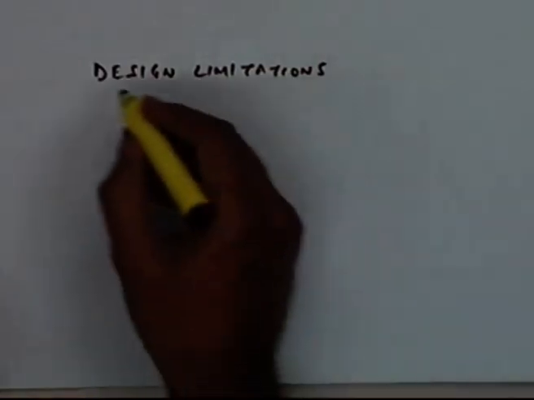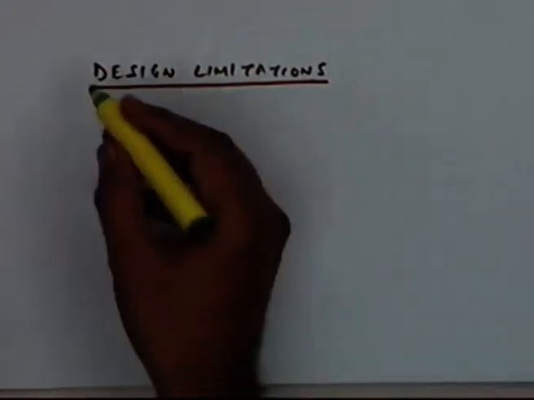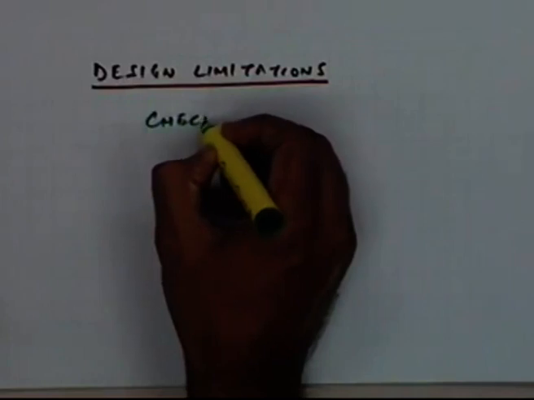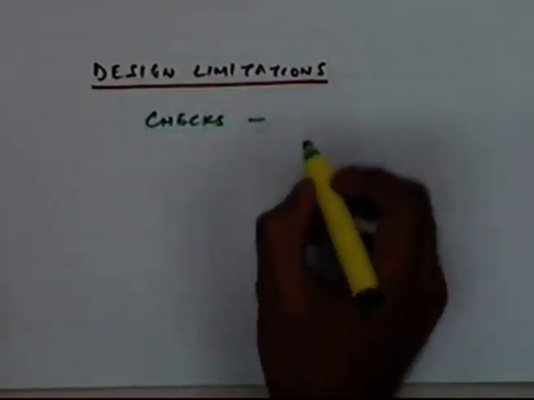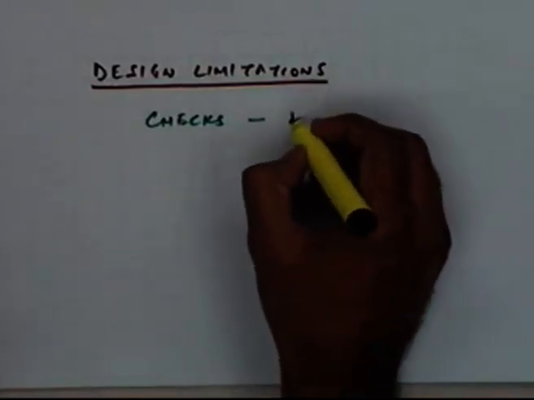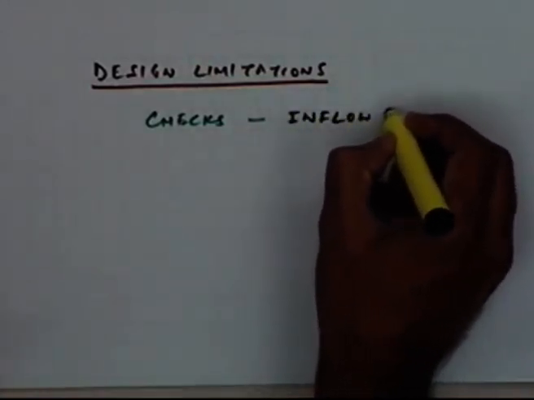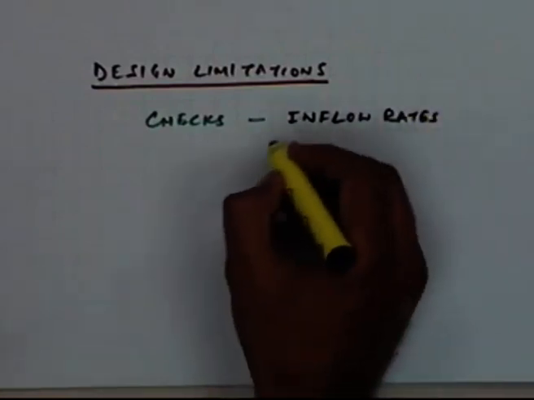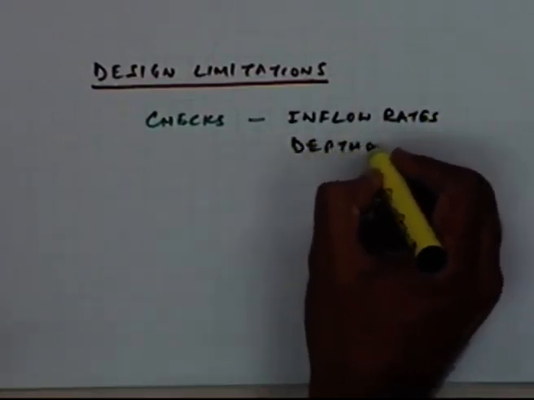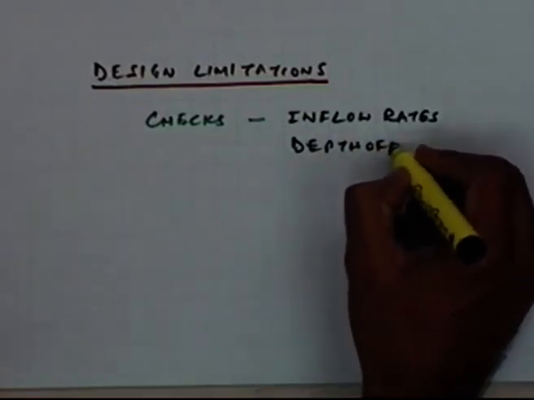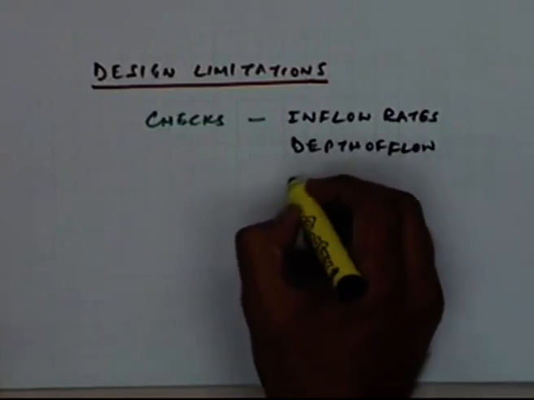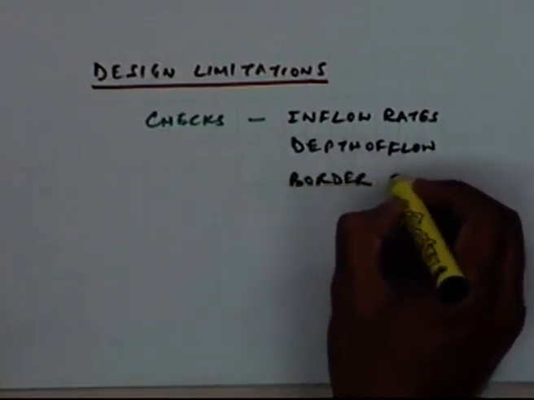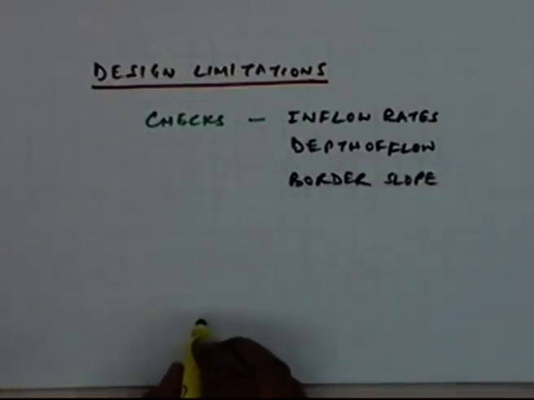So once you have come out with a design, once you have selected some parameters, you must check those parameters with respect to the various criteria, and these checks are in the form of, you can check the inflow rates, you can check the depth of flow, or the border slope,